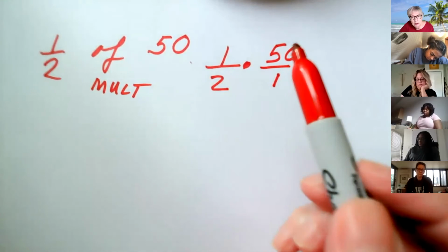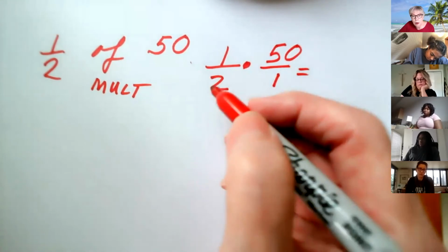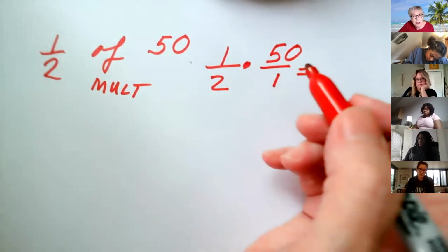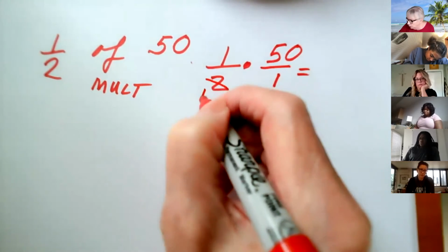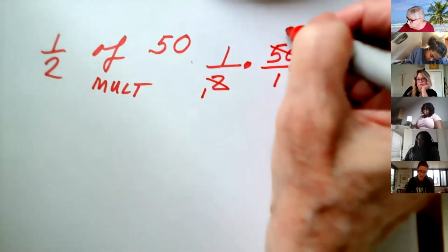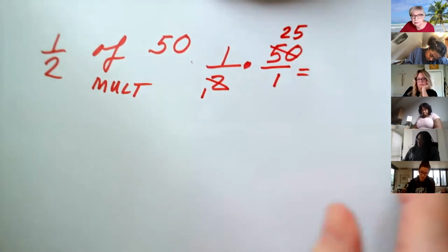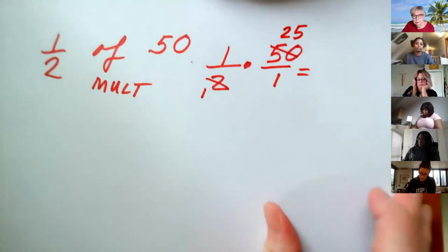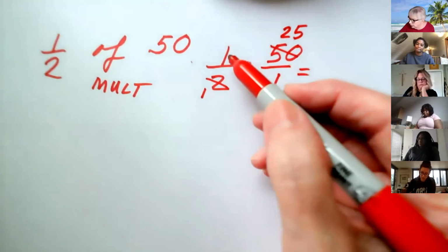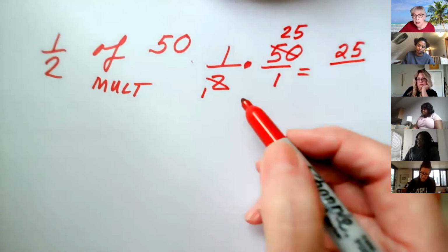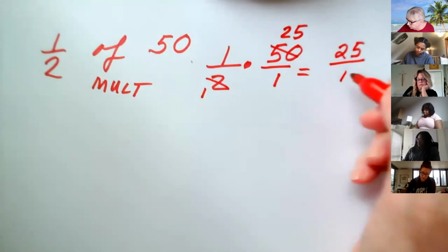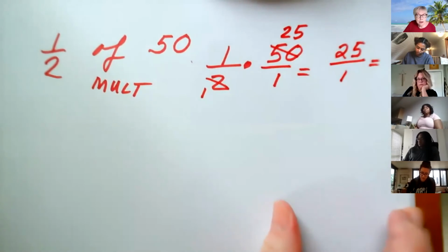I think 2 and 50 is fairly easy to see. They both divide by 2. I'm going to show the cancel method. 2 goes into 2 once. 2 goes into 50 25 times. So now I say, well, 1 times 25 is 25. And 1 times 1 is 1. And although that's 25 over 1 is correct,